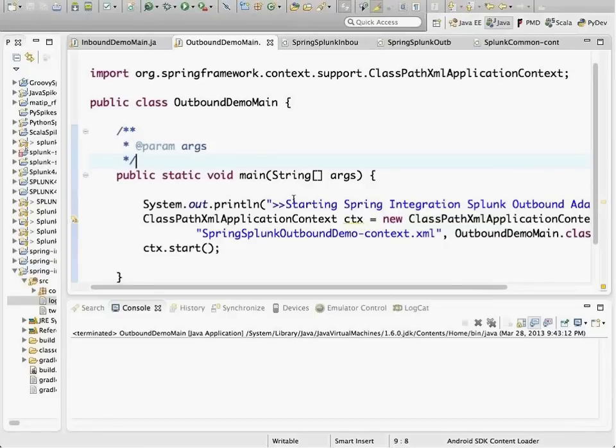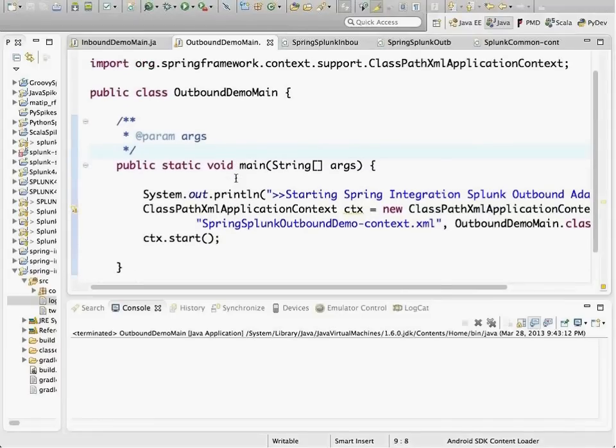The first demo is the Spring Integration Splunk outbound adapter example. As David alluded to earlier in the presentation, there is very little Java code required. All the hard work is done declaratively in the Spring Integration XML config file, and all I'm doing here is loading it up and starting the context.